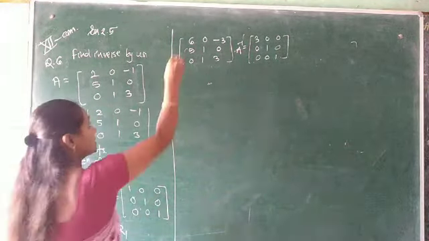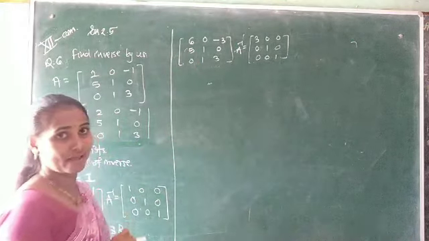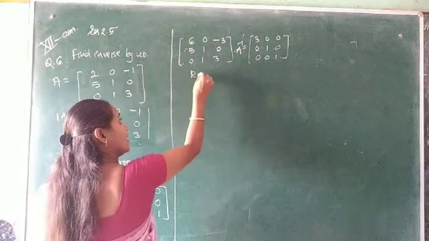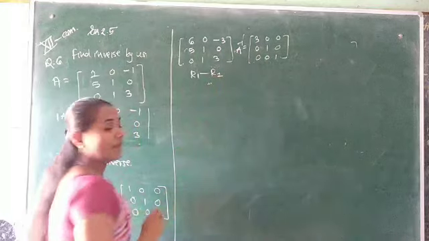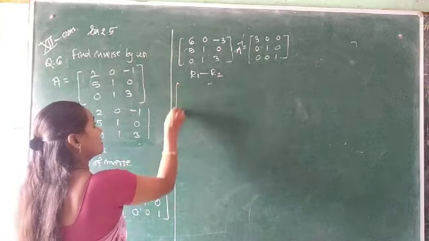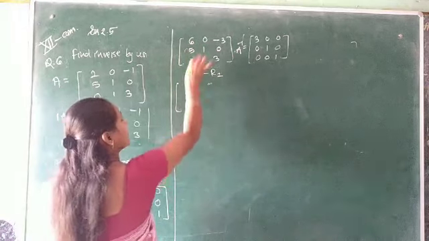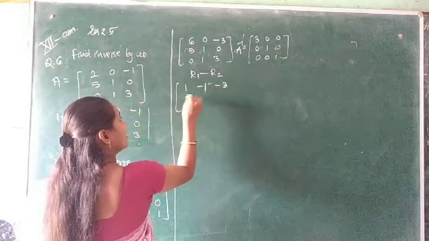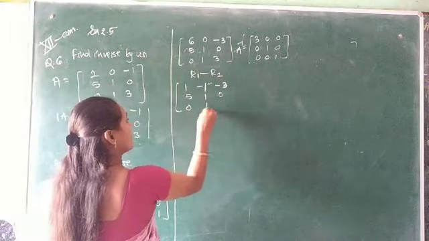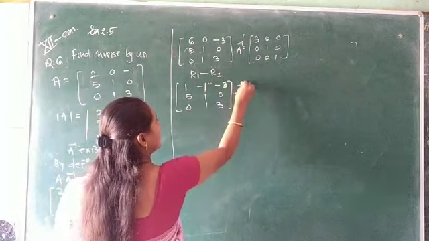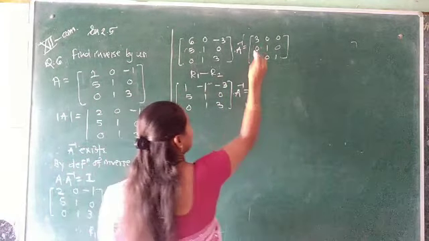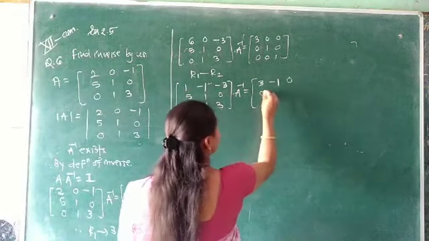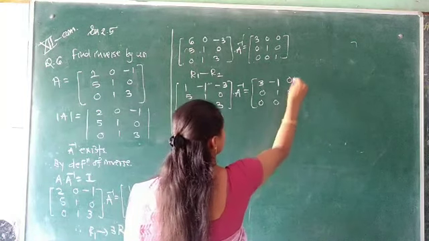Now see, this is 6 and the second row element is 5, and we have to make a11 into 1. So we take subtraction, that is R1 minus R2. In R1 what did we do, we subtract R2 here. So 6 minus 5, 1, 0 minus 1, minus 1, minus 3 minus 0, minus 3. Write R2, R3 as it is. Into A inverse is equal to, again 3 minus 0, 3, 0 minus 1, minus 1, 0. R2, R3 again as it is.